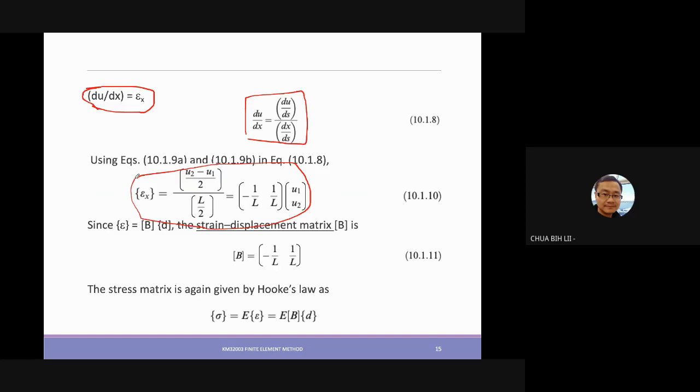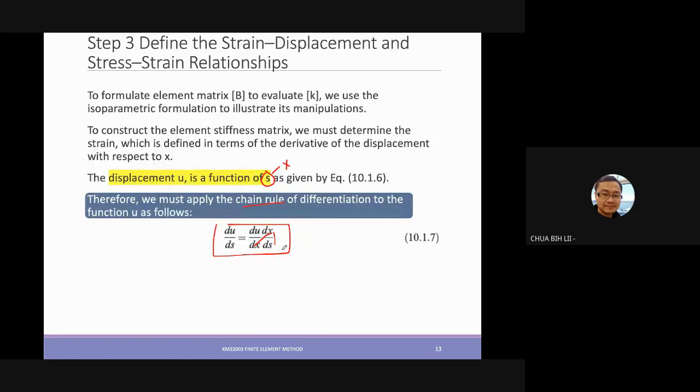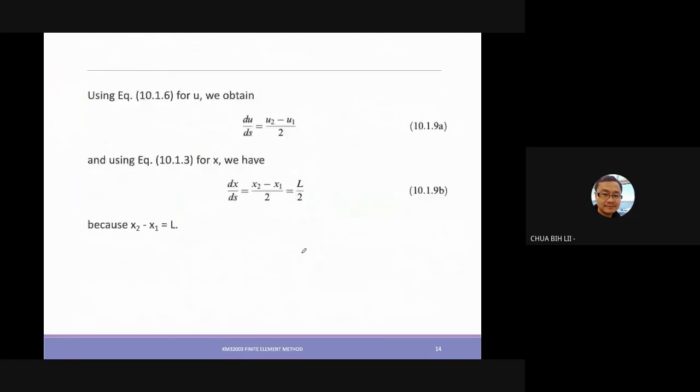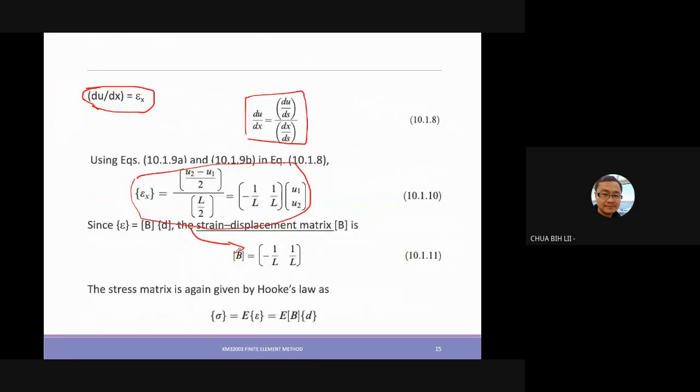It is a form very similar to what you derived for the bar element. Then you can also see that B is now equal to minus 1 over L and 1 over L, because of the usage of the isoparametric shape functions, derived as such. So once we have the B,